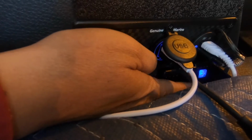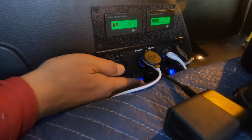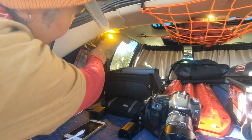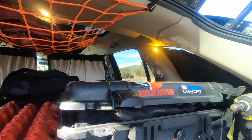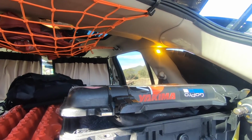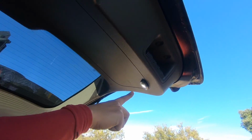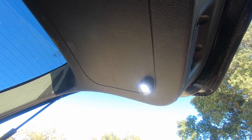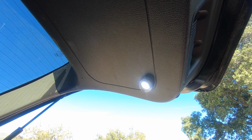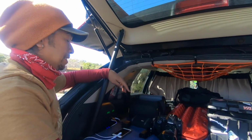I got two switches that are empty right now because for the future, if I need to add something. But these turn on the lights of the car. So you can see I got yellow, amber lights over there. And then I have these lights up here as well. You can see it. And at night when it's dark and I need to get something in here, they are amazing. I know with the sunlight you can't see that very well, but